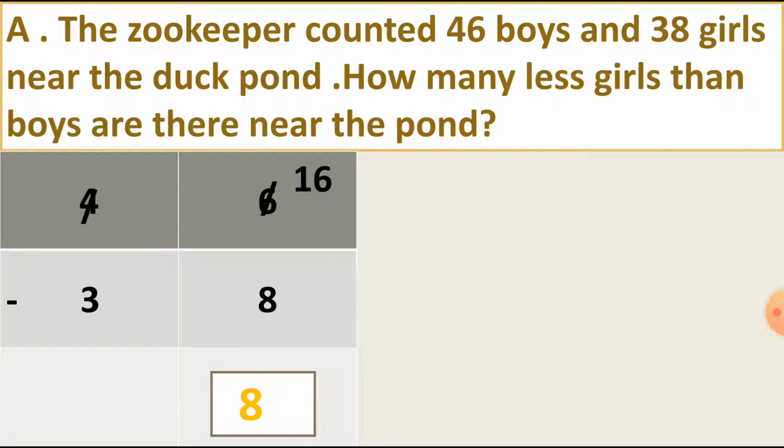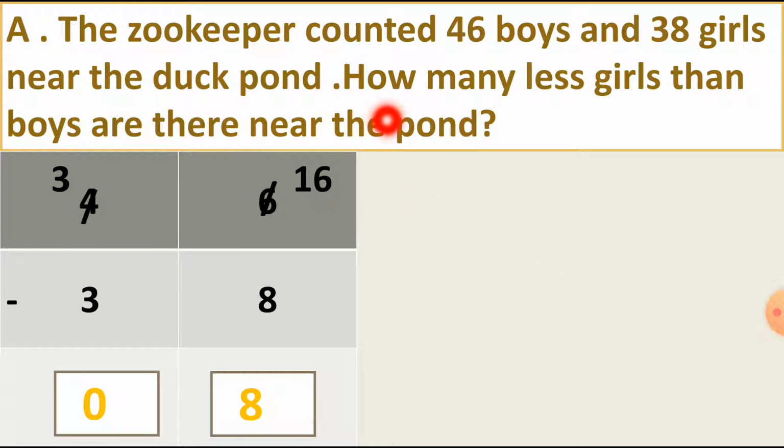So we have to cut 4 first and cut 110 from it. So 410 becomes 3 tens. Now 3 minus 3, this is the equal number. As I told you before, whenever you subtract the equal number, you will get 0. So here 3 minus 3 is equal to 0.